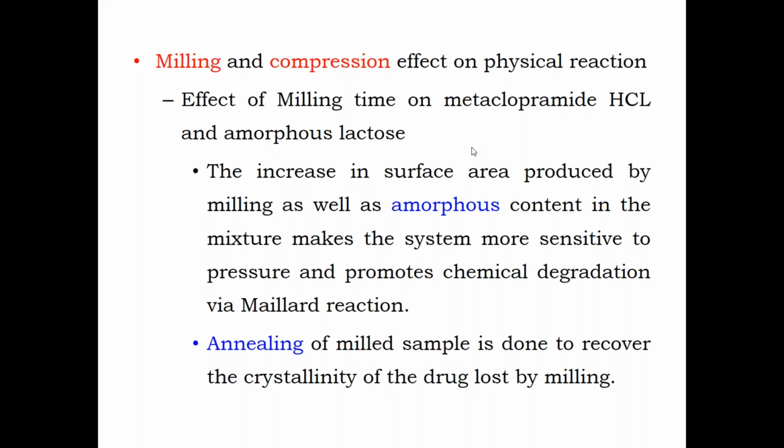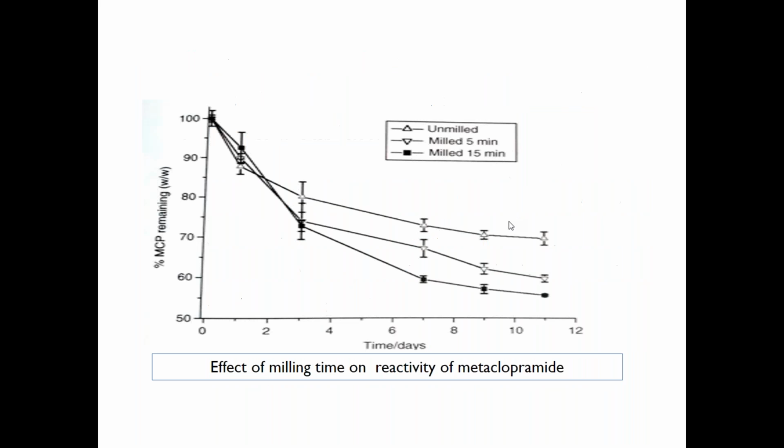surface area is increasing. Because of the increase in surface area, the reaction kinetics also will increase. So what they did was they could avoid that by a process called the annealing procedure. They carried out the annealing process so that they could minimize the effect of milling on the interaction. So milling has a negative effect because it is resulting in the Maillard reaction, meaning unwanted